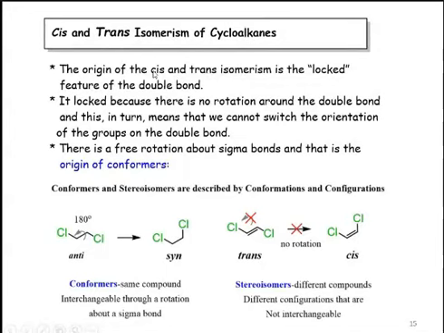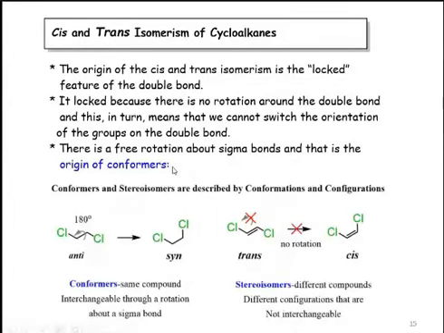The origin of cis-trans isomerism is the restricted rotation, that is, the locked feature of the double bond. And why is it locked? It is locked because there is no free rotation around the double bond. And this in turn means that we cannot switch the orientation of the groups on the double bond. There is, however, free rotation about a single bond. And that is the origin of